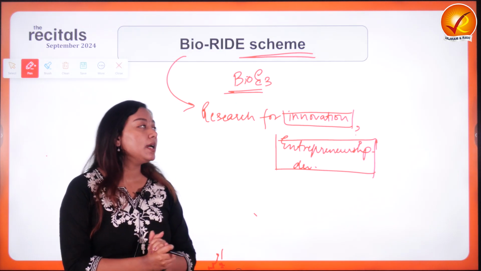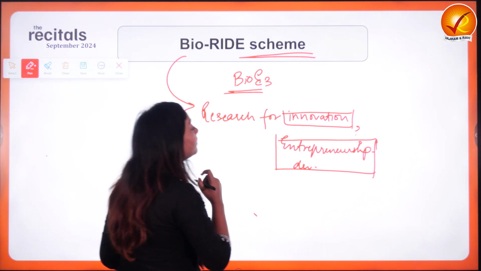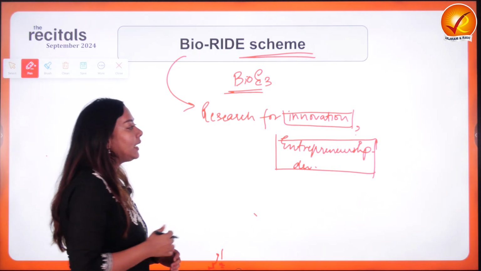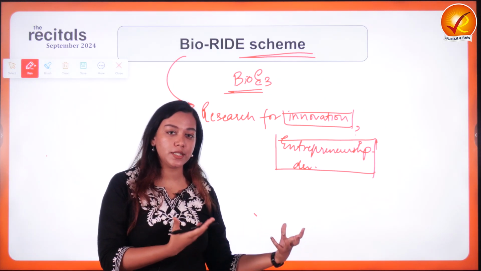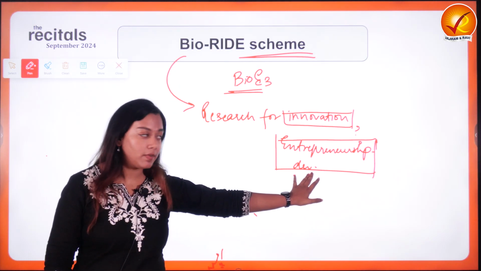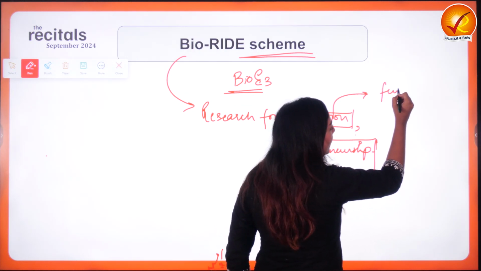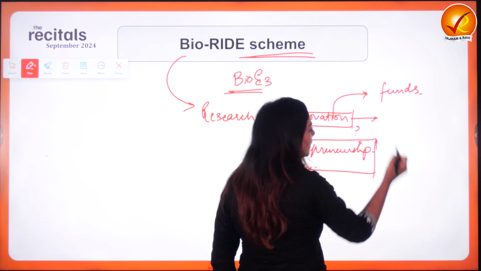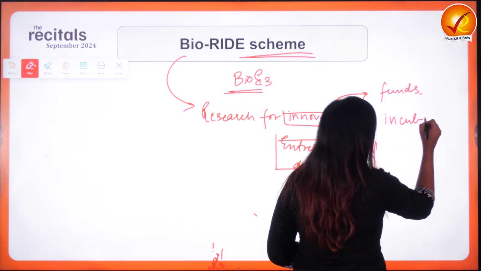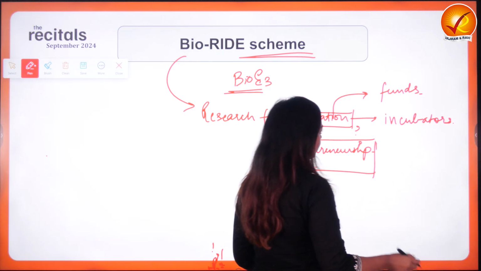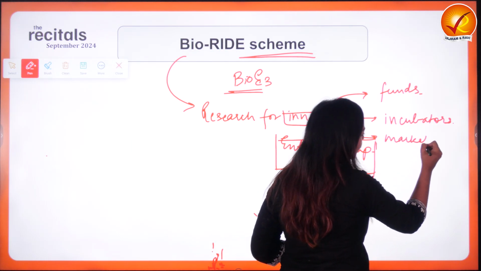this particular scheme has been highlighted by the government recently, especially by the Department of Science and Technology. Now please remember that it aims to create India as a global hub for creating biotechnology based startups, because entrepreneurship development, and to support innovation by providing them, how to support innovation? By providing them funding, seed funds, capital funds, venture funding. Then by providing them incubators. Can you name an incubator that is currently functioning at large scale in India? Atal Tinkering Labs. Okay. And then providing them market exposure.